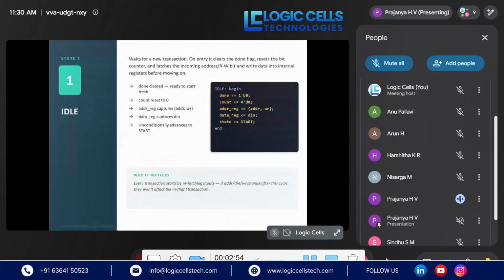First is the idle state, where it resets the counter, and SCL and SDA are reset to the 1 condition. After resetting, it moves to the start state,